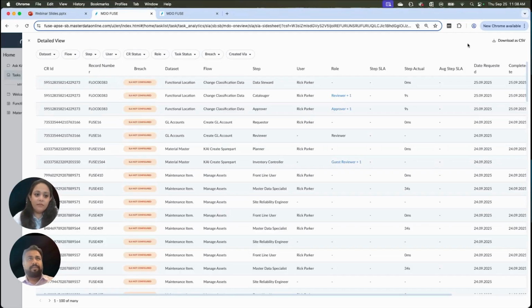So yeah, for particular customers, if they enabled Task Analytics a month back or so, they wouldn't have the option, because this is something which we have recently developed, and a request can be raised to get this download option enabled in their environment. Thank you so much. I think we have addressed all the questions that are there currently.